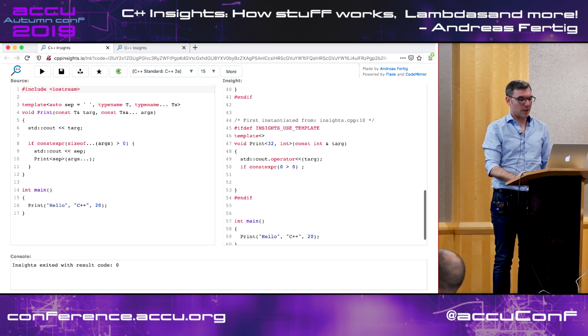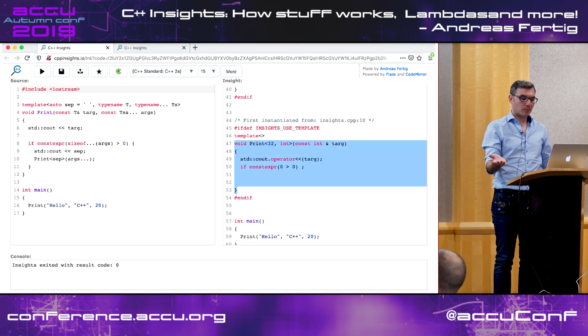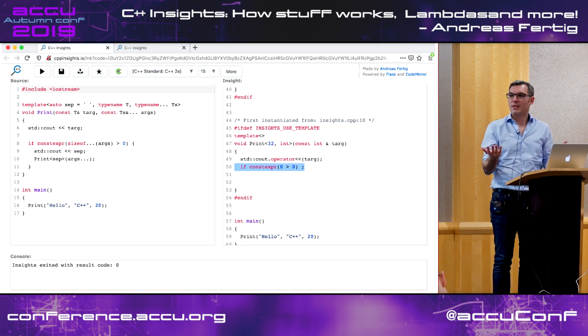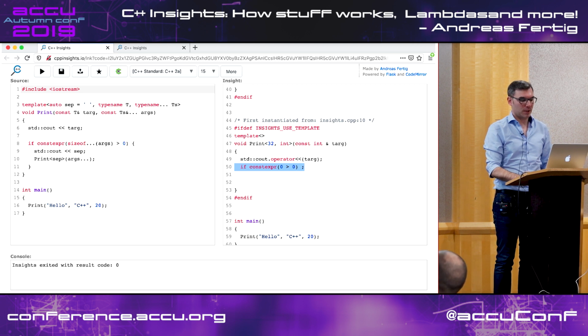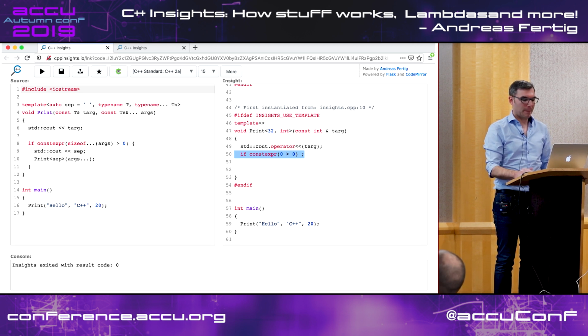And then in the final print version, it's only the single parameter outside of the pack this template takes, and my constexpr if is still there, but it contains nothing, so it will be removed later in some of the optimization stages.